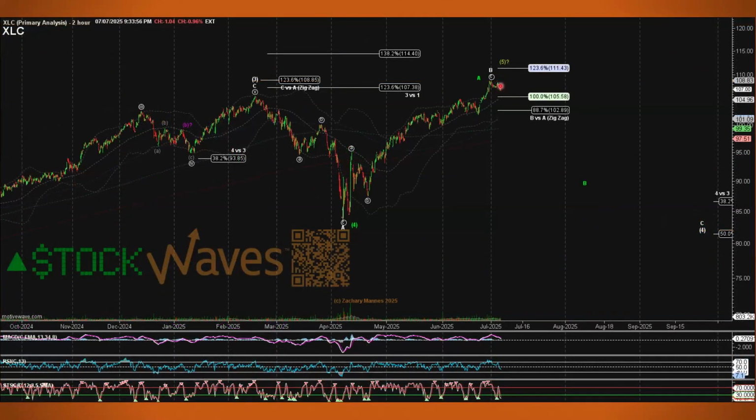XLC also similar to XLI that we looked at. It has a nominal higher high, not quite as high as the XLI chart, but it too runs the risk of being all of our parentheses wave 5 being over the wave 3 already. And if we are in the A wave of our bigger wave 5 up, then we should be looking for that ABC into support into the mid to low 90s to set up a new swing. This one, because